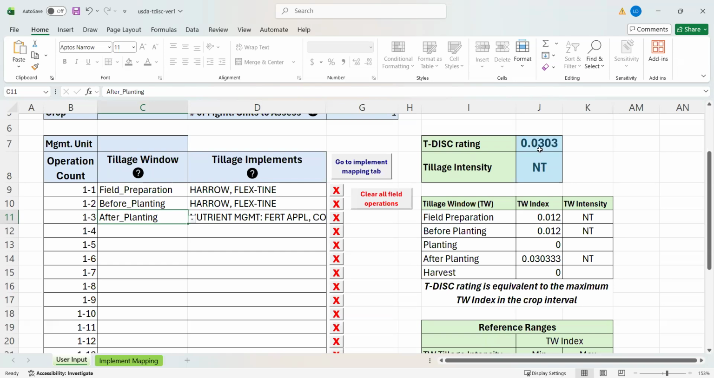it's not changing based on timing, but you could see that the side dress pass was higher. So that's what we take in this T-disc rating portion here. Mike's asking about manure. Let's run a couple of manure scenarios. Yep. So